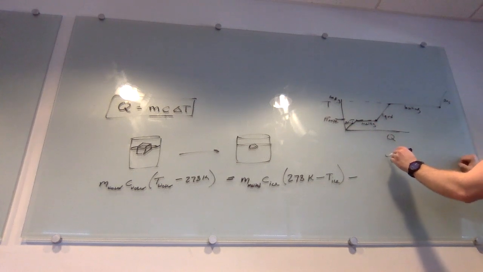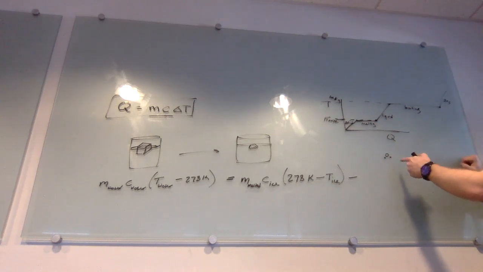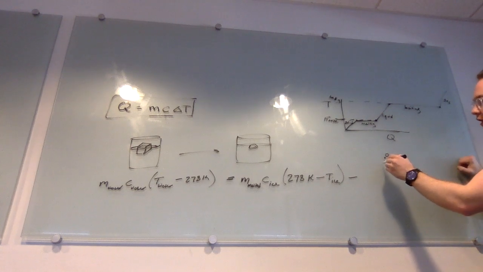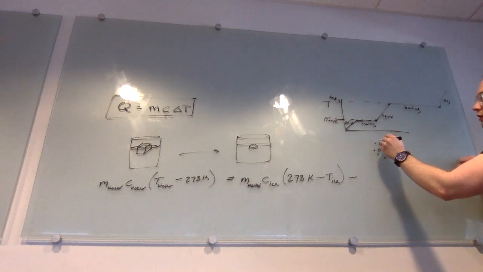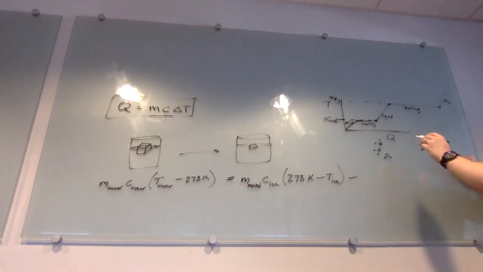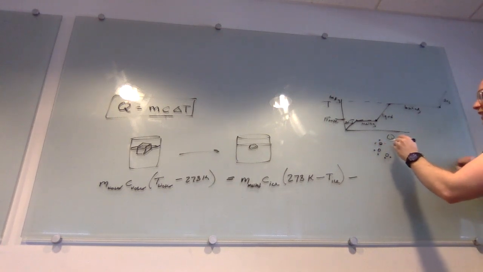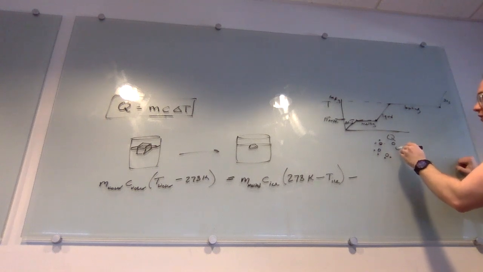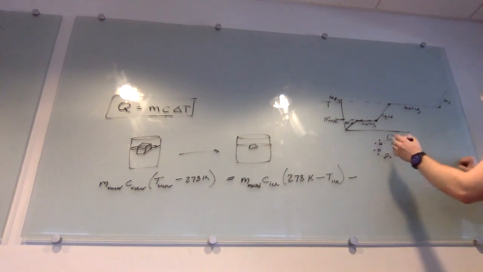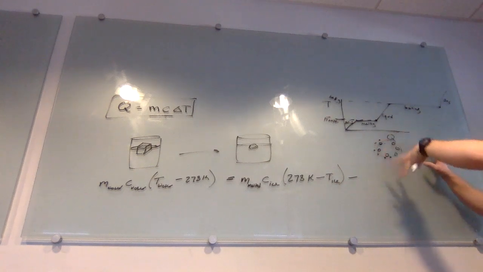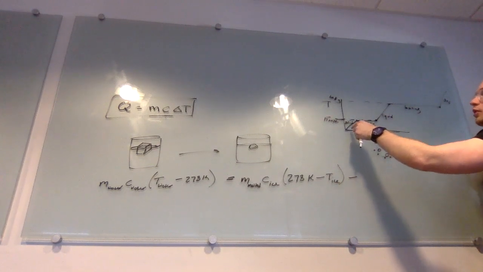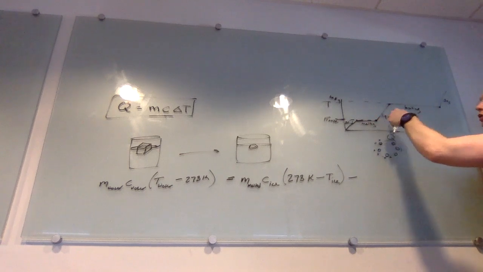I'm pretending that's water, and it's in a hexagon. I don't know if this is really what it looks like, but somehow in a hexagon, let's just pretend. And there's another one, and another one. So they make hexagons, like snowflakes. Anyway, they make this crystal structure,